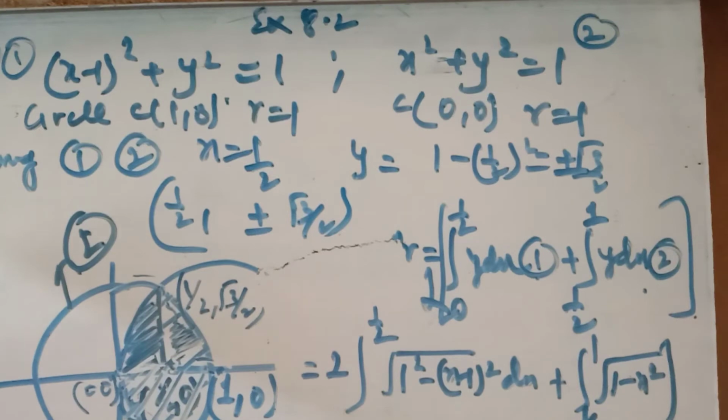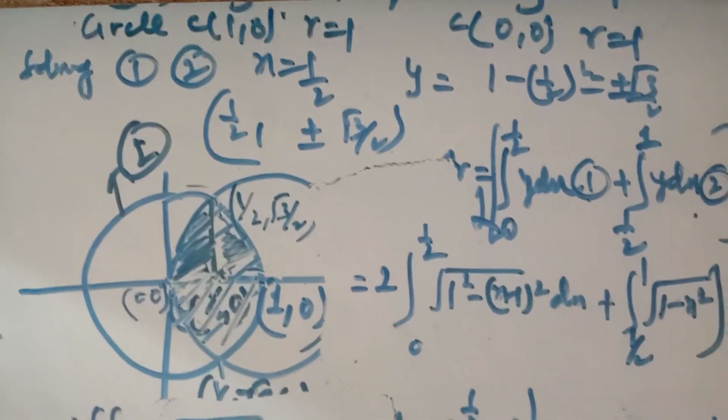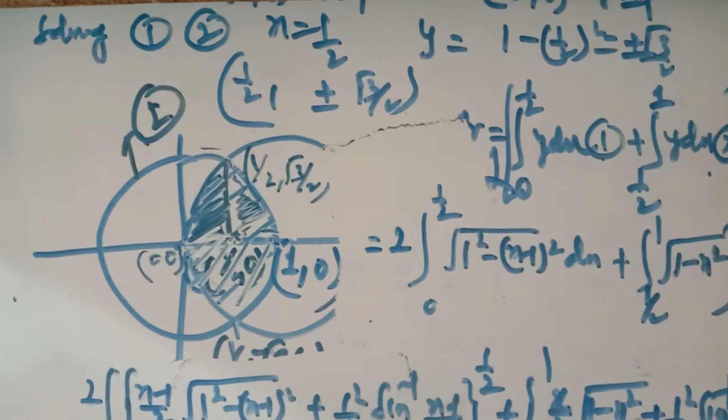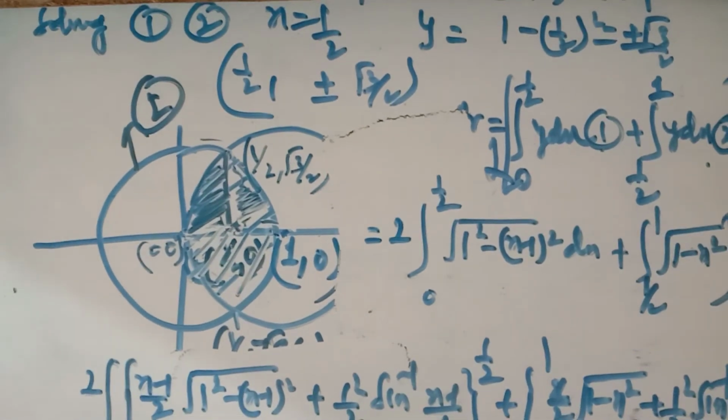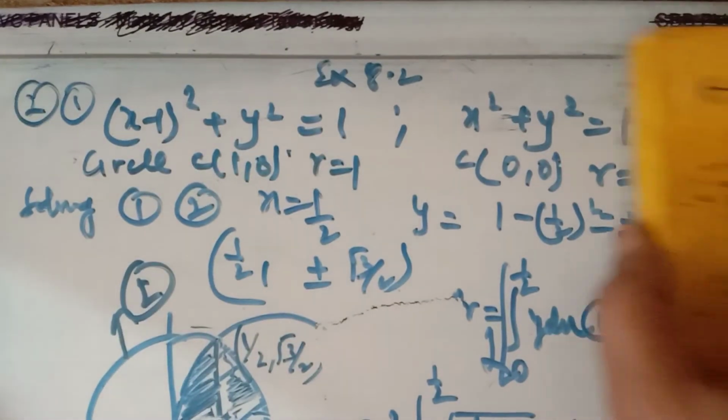Somewhat lengthy question. There is the area bounded by the two circles. One circle has its center at the origin, another circle has its center at (1, 0), and you have to find this. I think I've explained a lot of points in this question. Somewhat this diagram has become dirty. You draw it very carefully, mark with scale and compass and pencil, and get the required area.